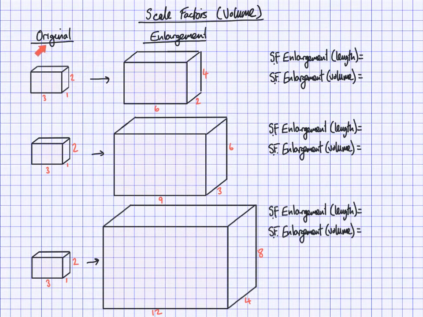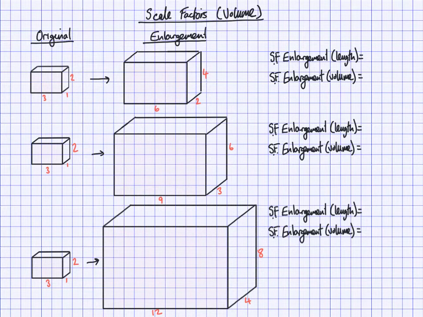Over at this side here, we've got the original shape, which I've just drawn out, 3 cuboids with dimensions 3 by 1 by 2, and I've performed 3 enlargements here by a scale factor, and we can see how our scale factor for length compares to our scale factor for volume, very similar to what we did with area just recently. So if we start to look at the first shape here, we can start to write in its